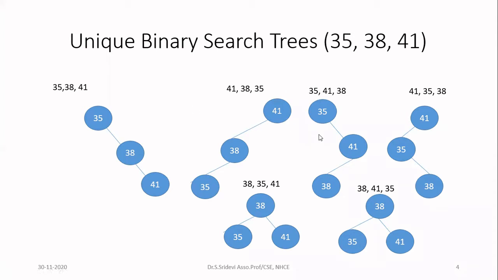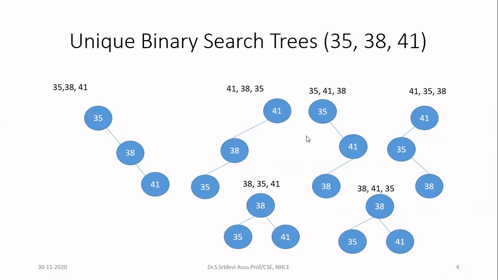Now, if you consider this, I have totally 3 elements. So how many different possible trees I will be having is 3 factorial. 3 factorial is nothing but 6 possible combinations you will have. So I have drawn all the possible combinations here. If you consider the combinations, out of the 6 combinations, only 5 combinations are unique. The last 2, which are shown in the down part of the diagram, both are the same. The trees are not unique. Whereas the first 4 are entirely unique, and you can consider these 2 as 1. So totally you will have now 5 unique combinations of binary search tree if you have 3 elements in your input.